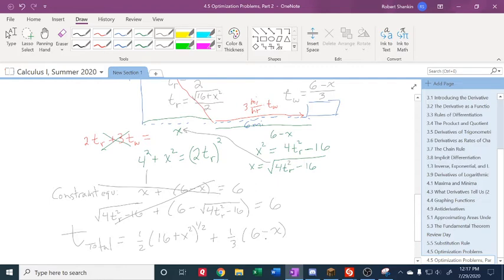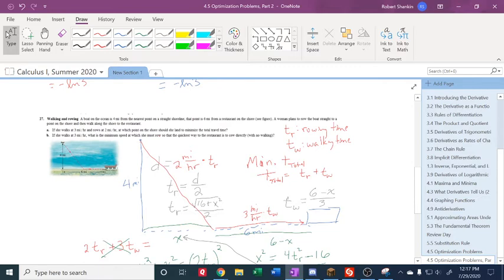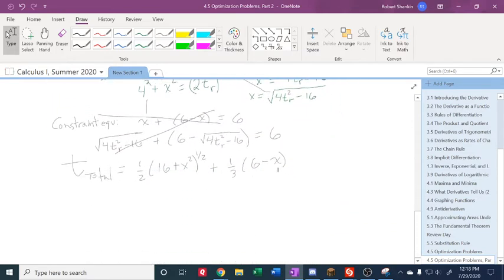And then our problem now is to minimize the time. All right, and there's an example problem in the section that talks about this. Isn't that right? You can read that example problem and it shows you something like this. And so then we need to minimize